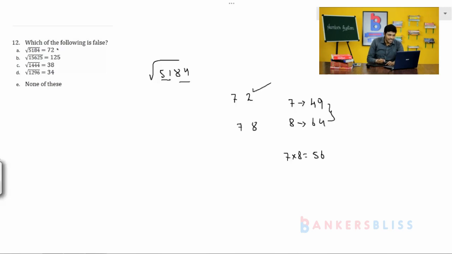Therefore, option A is right, but we have to calculate the false one. Even though option A is right, it is not the answer, because the question is asking for the wrong one. Okay, let us go for the next one, root of